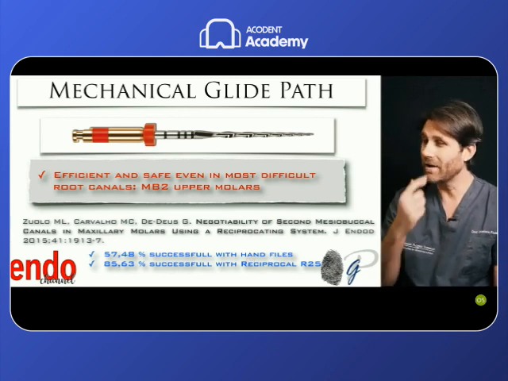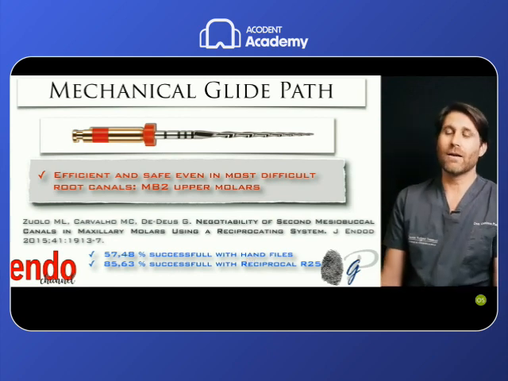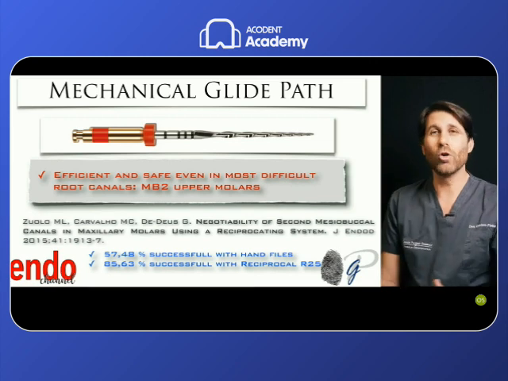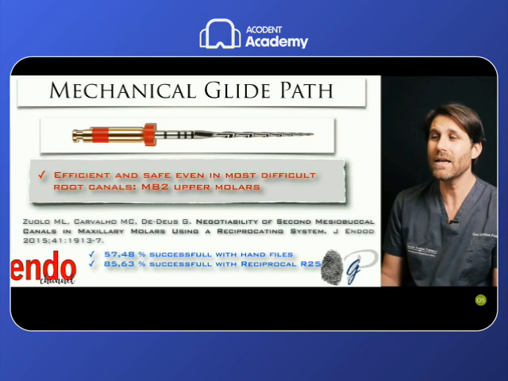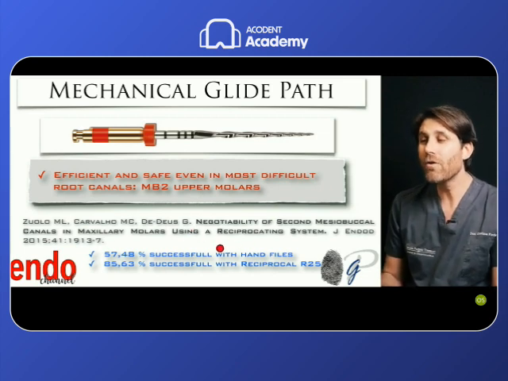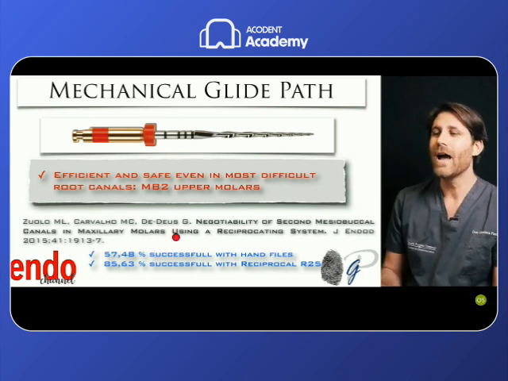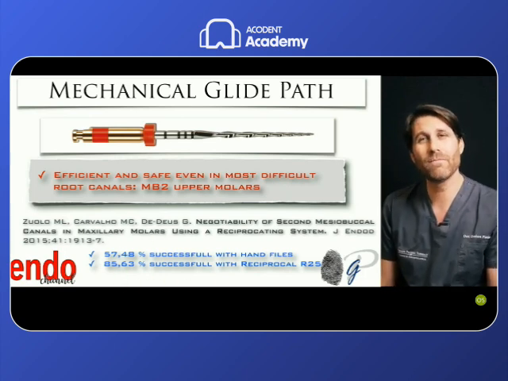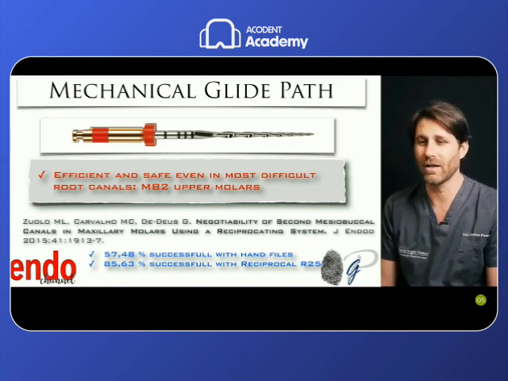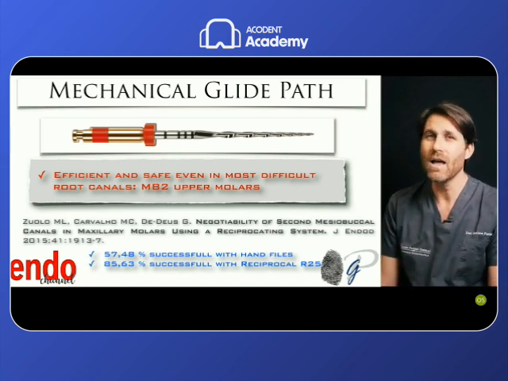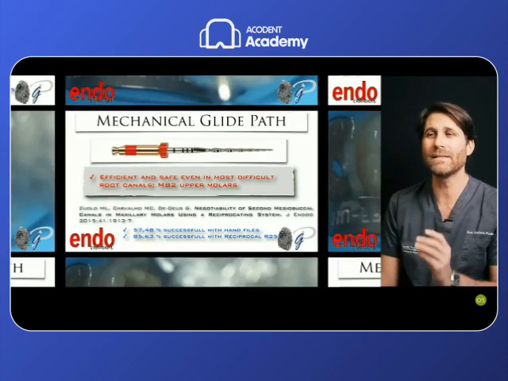So the difference is very big, and it's crazily surprising if you don't know the instrument and if you don't know the technique, because we are speaking about a manual small file 6, 8, 10 that is not able to scout a root canal, and a big file like a 25 taper .08 at the tip that is instead able to scout this very small root canal. So the difference is crazy, but this is what really happens clinically.